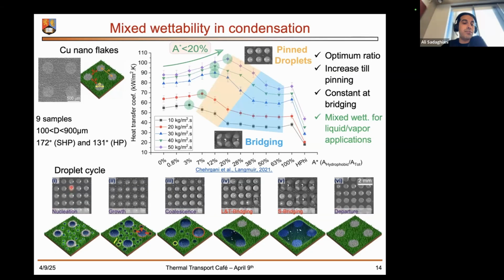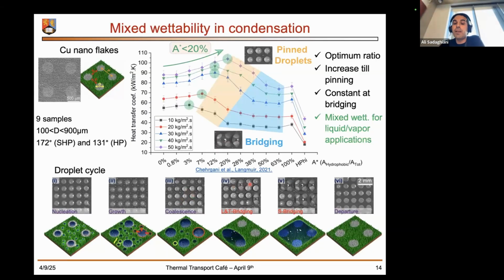At first we start to observe droplet nucleation on hydrophobic spots, but in fact we also have small nucleations on the superhydrophobic background. In the second stage, the droplet is growing on the hydrophobic spots, and we observe some coalescence from the neighboring smaller droplets at the background. The third step in the cycle is a larger coalescence. So what happens is the mobility of the smaller droplets at the superhydrophobic background results in the gathering of all droplets at